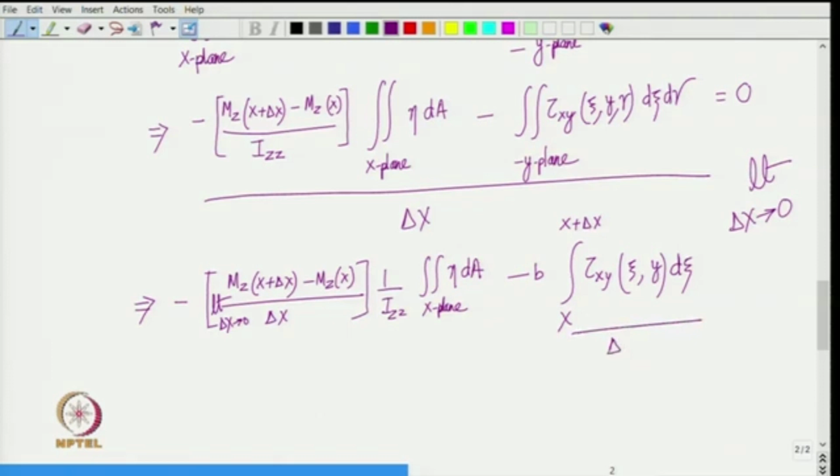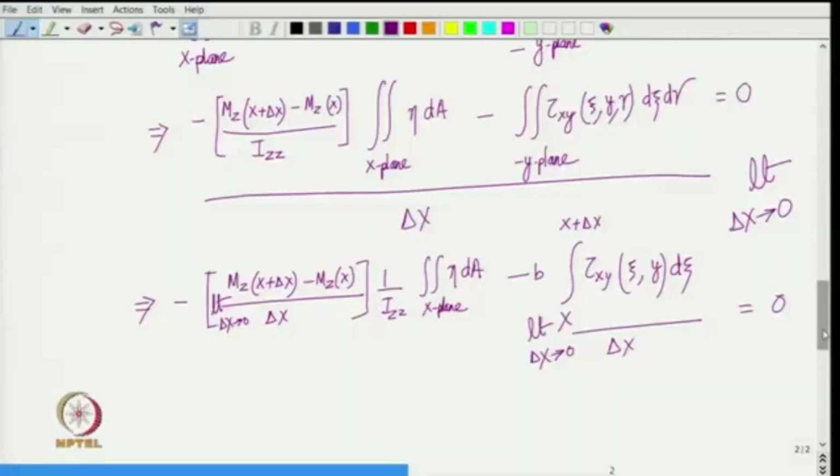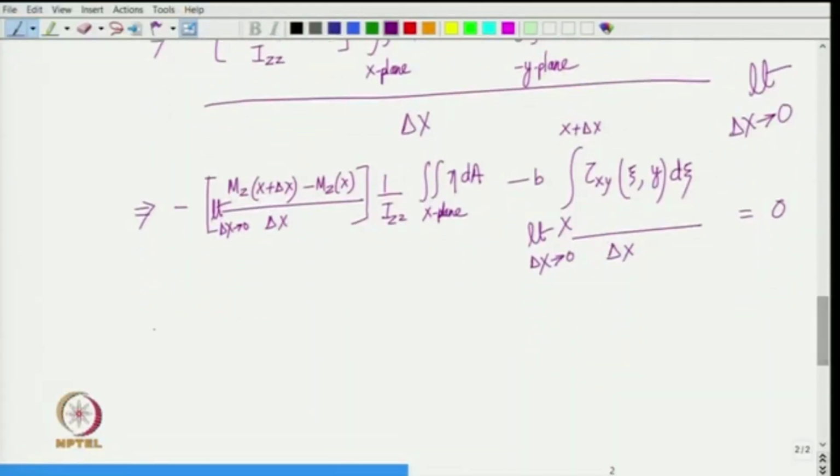So, divide by delta x and take the limit delta x going to 0, is not it, and what you get here. So, in the limit delta x going to 0, the range of the integration is shrinking. So, we simply get tau x y into the length of the integration interval, which is delta x, divided by delta x. So, we just get tau x y, right. So, finally, we get a very simple formula